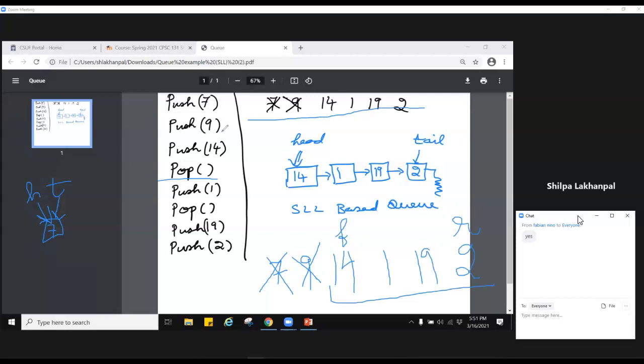If you remember, an append always puts an element at the back of the list, behind the last element of the list. So a push 9, in an SLL, is equivalent to an append, so 9 goes here, then you will update the tail. Then push 14 again, append.